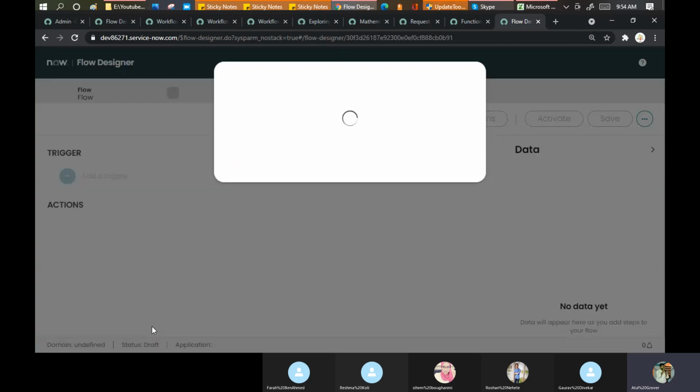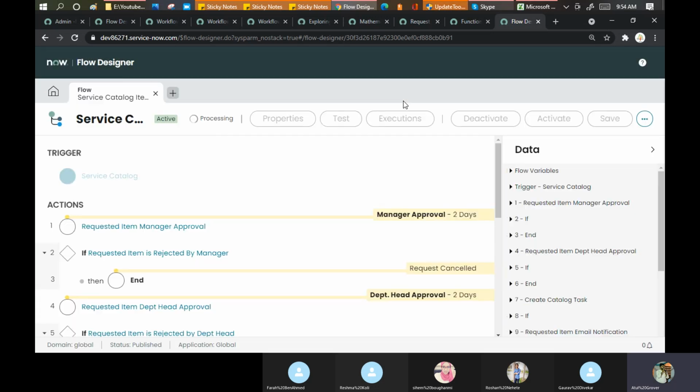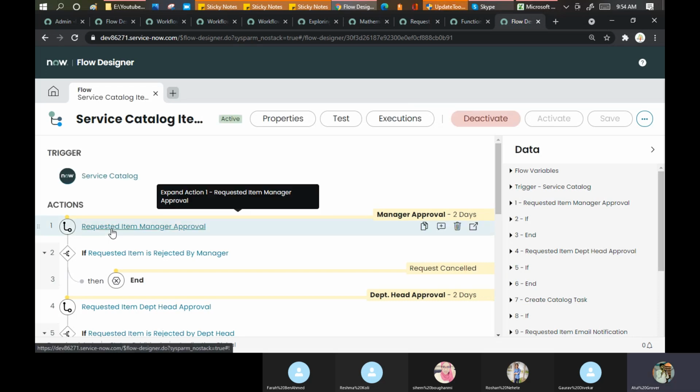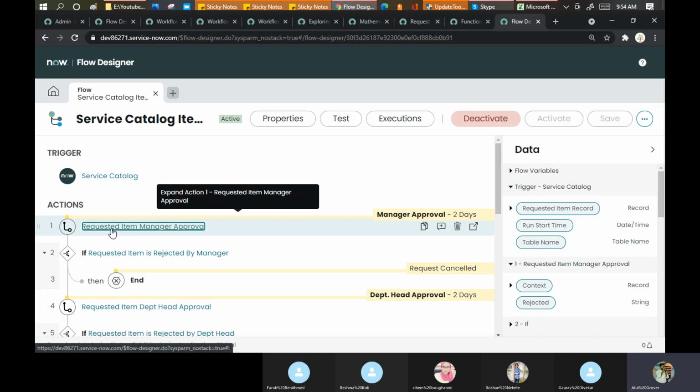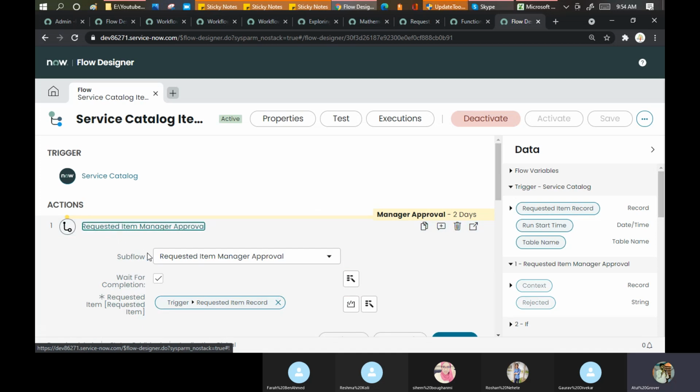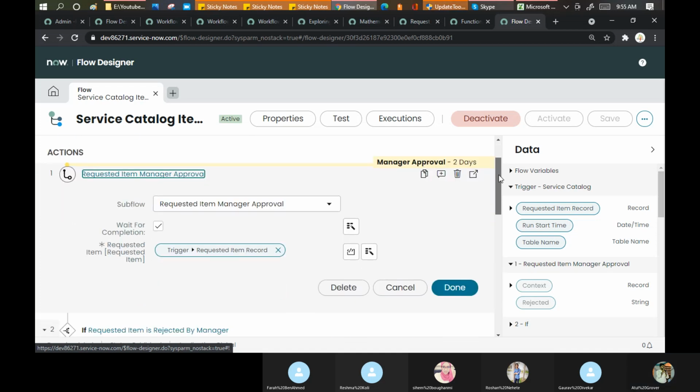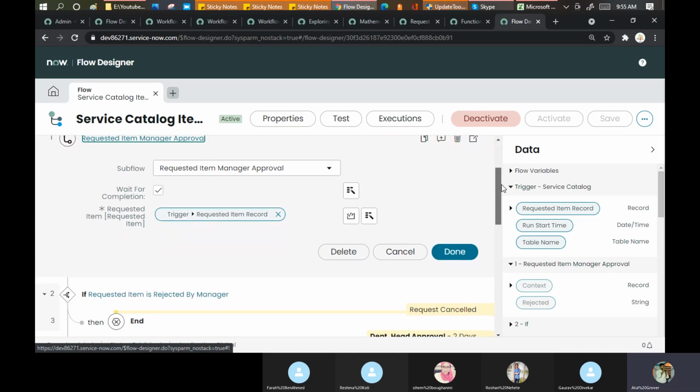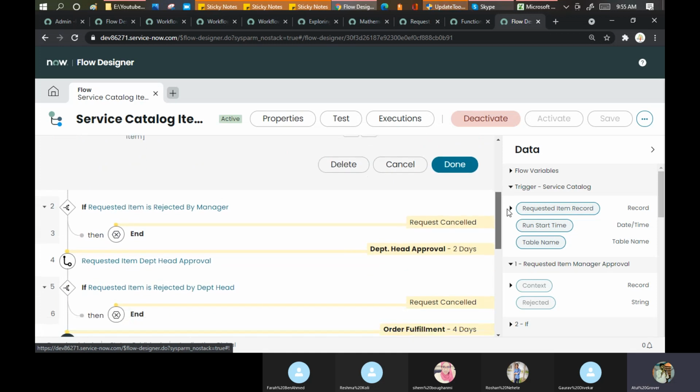It will just give an idea of what we are doing wrong here. So you can see the out of the box options as well. Okay, request item go for the manager approval. Action 1. Okay, they are calling the subflow.